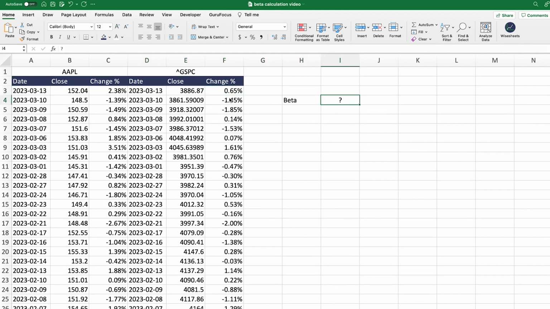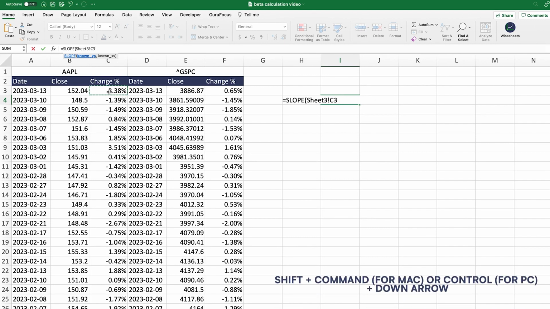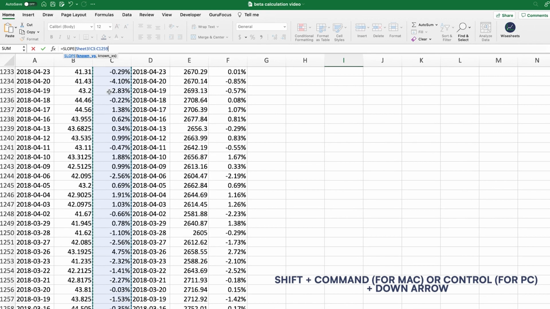So what is the beta in this case for Apple? Well, let's do it. So the way you do it is, if you remember the formula, we're gonna start with the most simple method, which is the slope method. So the good thing is that Excel and Google Sheets already come with the slope formula. So now what you need to do is enter the change in one and the other. On the slope formula, all you need to do is enter the percentage change for Apple or whatever company you're analyzing. You can use Shift, Command, and then the down key to select all the